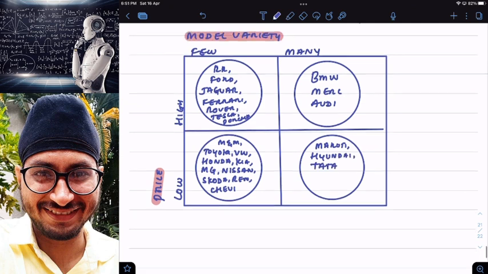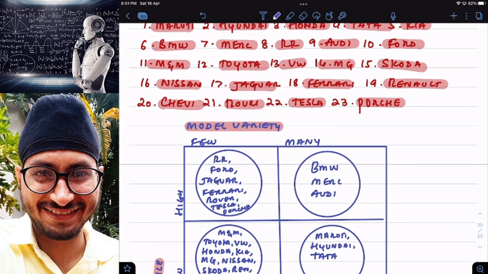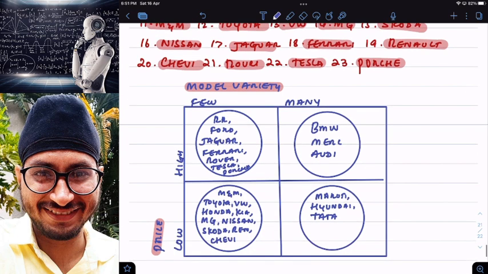Clear? So what have we done here? Simple logic. We have taken all the 23 companies and divided them into how many categories? 4 categories. Now tell me, if Maruti wants to analyze its competitors, according to you,